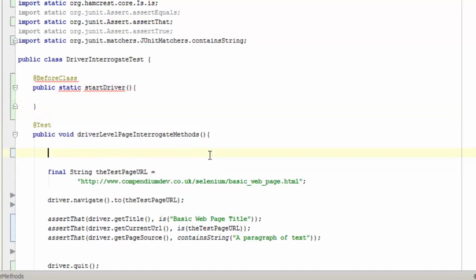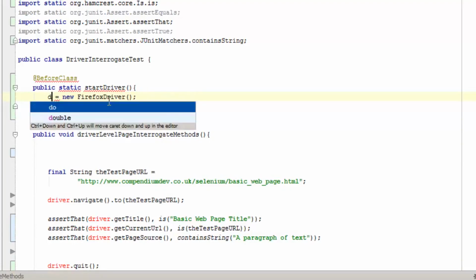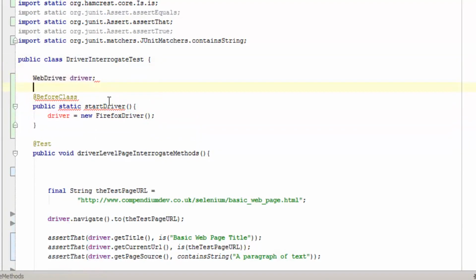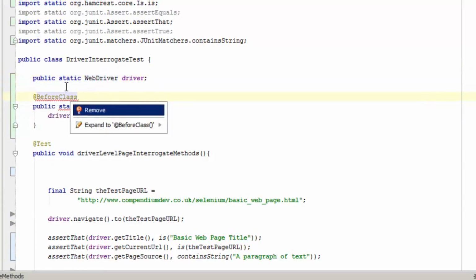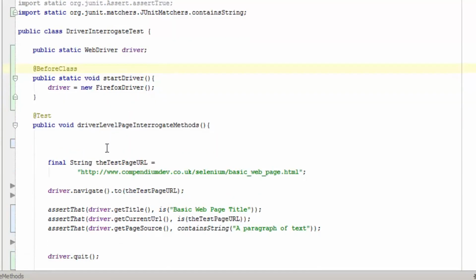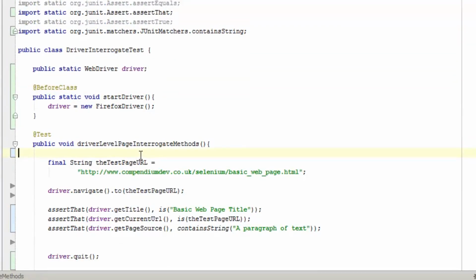Move this in here. Now, the reason I'm going through all this is to show you partly how to move these tests about, partly to show you that we can code on the fly, but also I just want to show you different ways of writing the tests. Oops, that's right. Public static void. Thank you. So now the test itself is becoming a little bit cleaner because all it does is what is